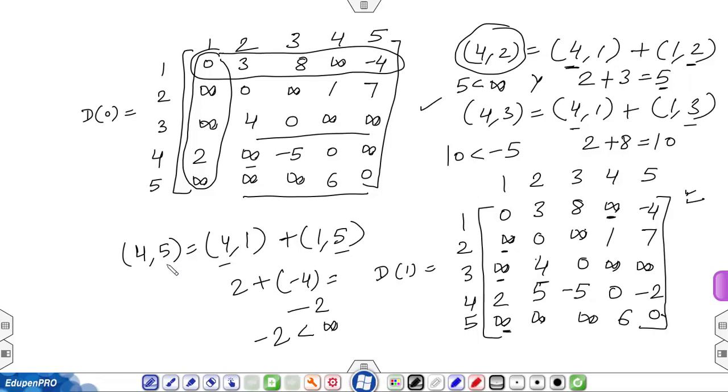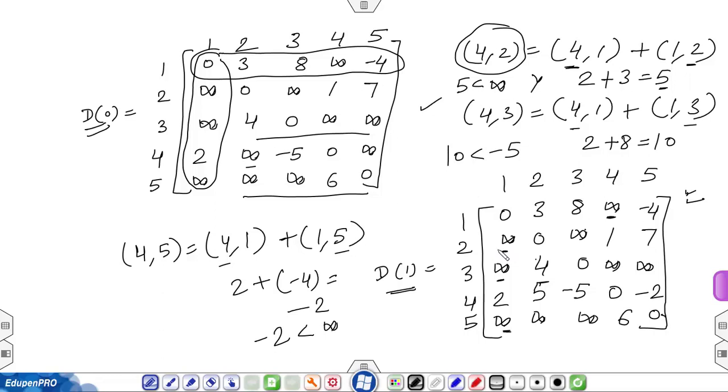Now after this matrix, next we have to calculate the D2 matrix. Now, one question is always in your mind when you study this algorithm, that is Floyd-Warshall: how many matrices do we have to calculate? So in the original graph, how many nodes are there? I think 5 nodes are there. So that means we have to calculate the matrices from D1 to D5. D0 is the original matrix. We are not calculating anything in this matrix. So our calculation is from D1 to D5, equal to the number of nodes.